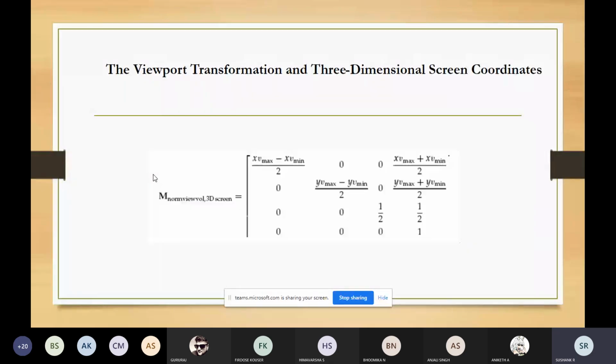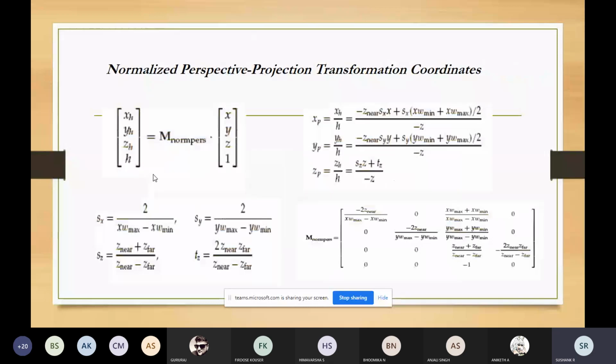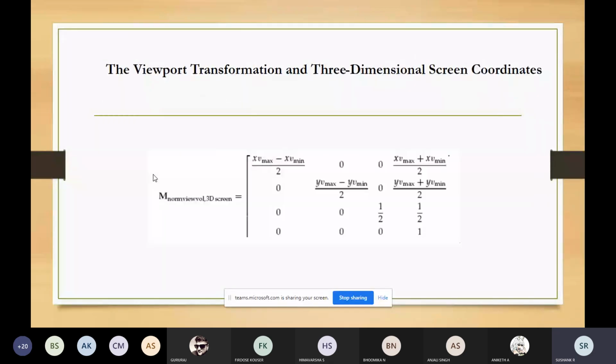Before that, we'll start with the viewport transformation in the three-dimensional screen coordinates. Once we have completed the transformation to the normalized projection coordinates, you can perform the clipping to get the symmetric cube.